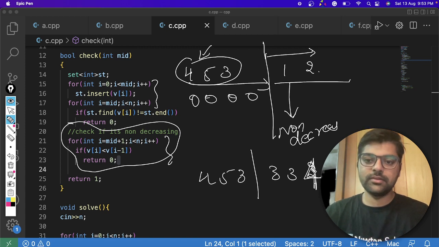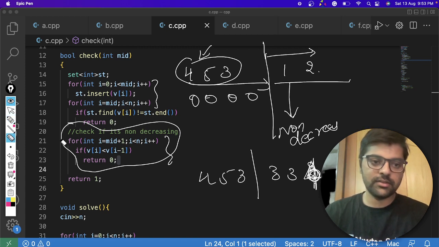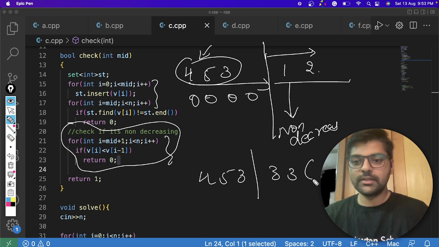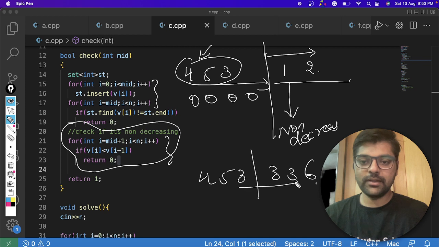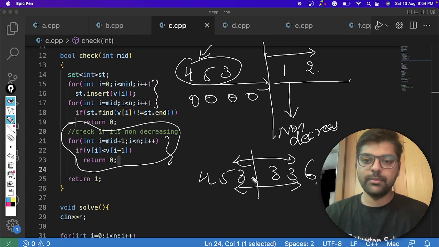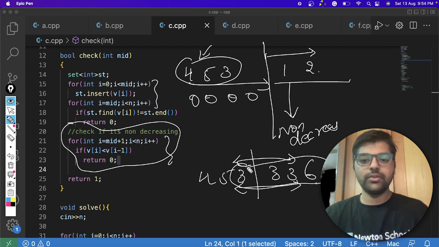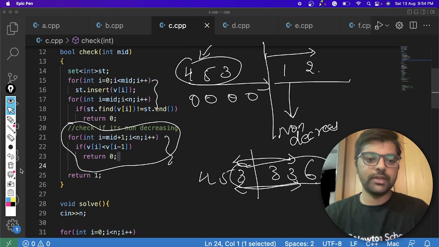Let's say 3 3, consider it as 6. So this kind of condition won't happen, like the same number on the left side and on the right side, right? Because we can put it on the right side. So if it was on the left side, then it was causing a problem, as you can see.